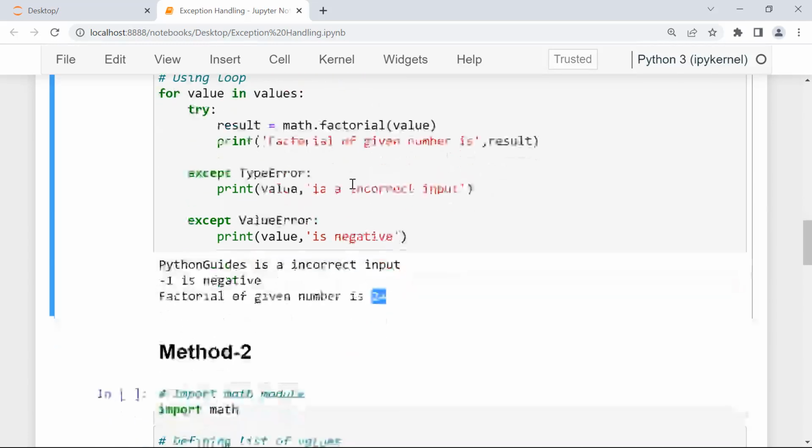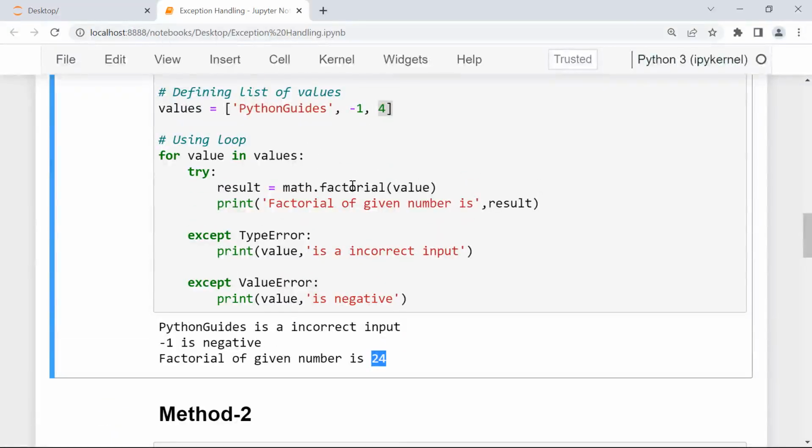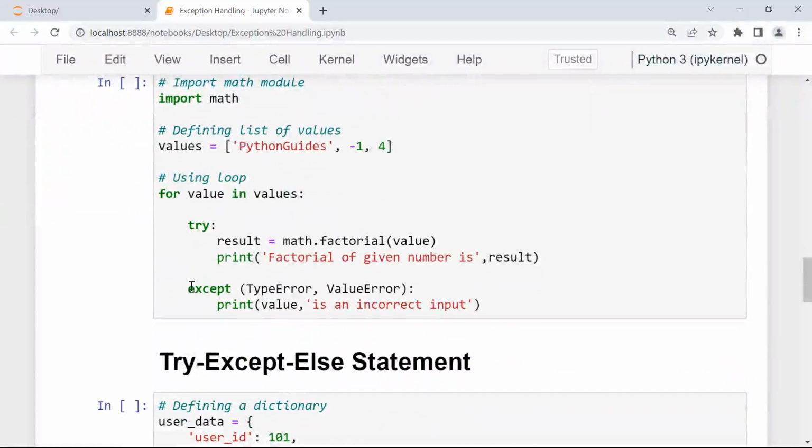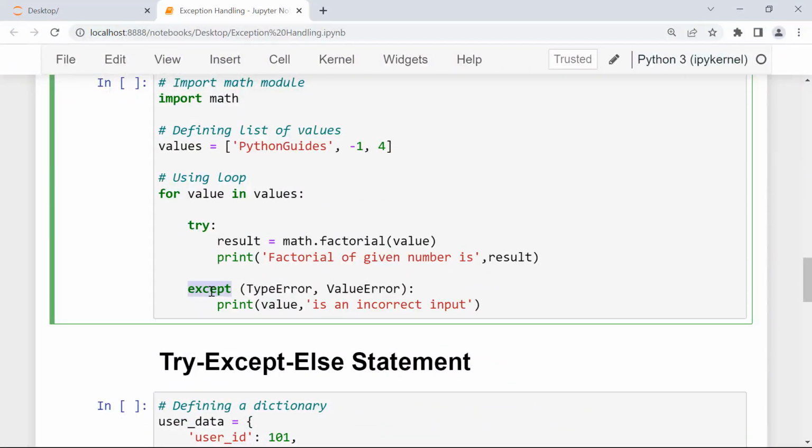Now let's discuss the same example where we will use only one except block and try to define multiple exceptions within the same except block. How can we do that? We only need to modify the except block. Just after the except keyword, we have defined two exceptions within parentheses, and these exceptions are separated by a comma. So when any of these exceptions is raised, it will return this message stating that the given